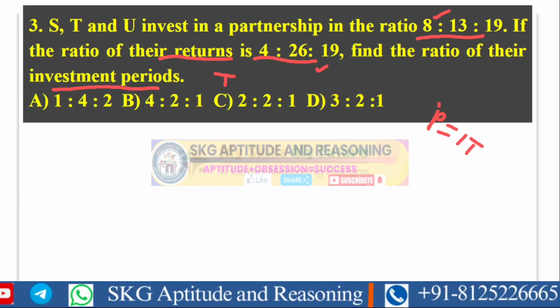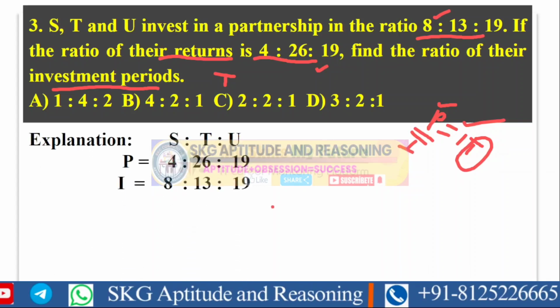So here we have the profit ratio and the investment ratio, and we need to find the time period. If I transfer this I to this side, profit divided by investment will be equal to the time period. So accordingly I will divide the ratios here. I am writing the profit first, because profit divided by investment will give me the time period ratio. The profit ratio is 4 is to 26 is to 19, and the investment ratio is 8 is to 13 is to